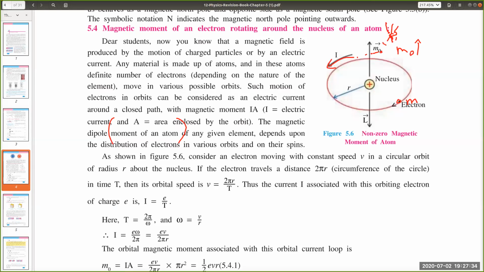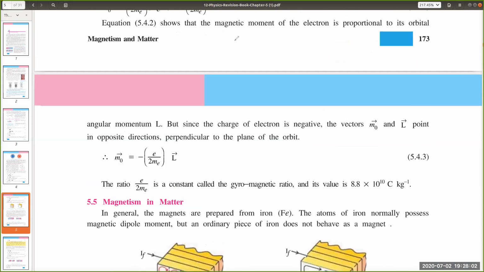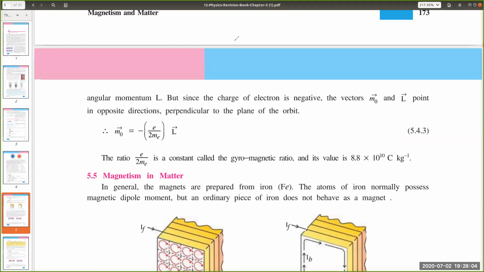See, the electron is going like this, but the current due to that is going like that, right? Yes. So the magnetic moment due to the current comes out to be outside, okay. But the electron was going opposite, so the angular momentum, which is because of the mass, is going inside. Okay, the angular momentum is going inside. So therefore, there is a minus sign before them. So you have to write this minus sign.